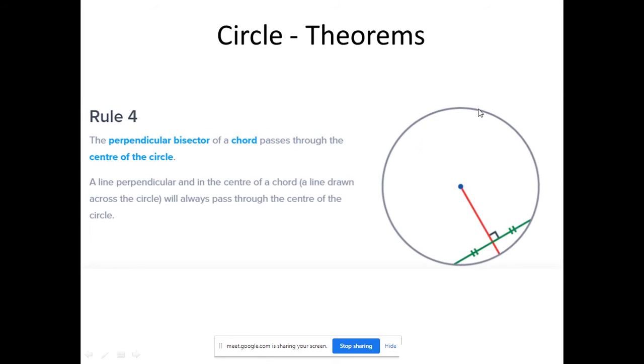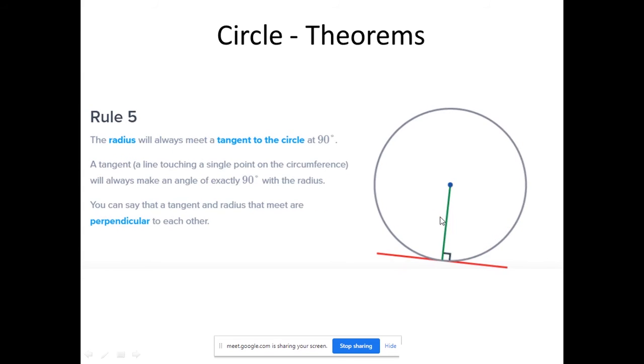The angle at the center, we've seen, is twice the angle at the circumference. We've seen that there is a chord AB. If we join a line from the center to the chord, dropping a perpendicular, then it would bisect. Bisect, as in divide into two parts. Bi is two, sect is to cut. It would cut the chord into two equal parts.